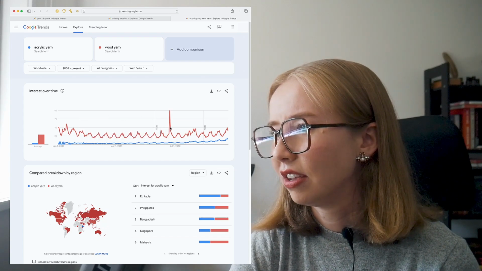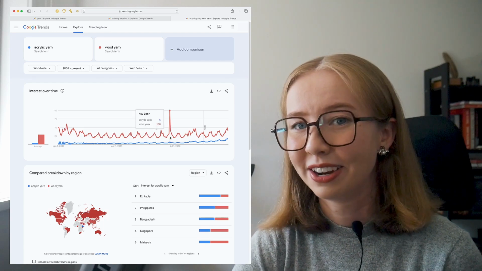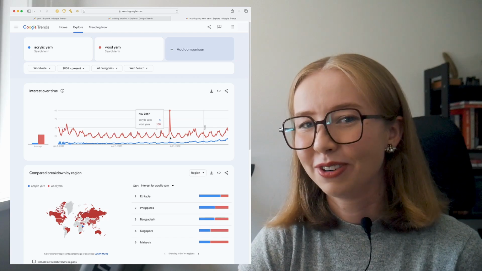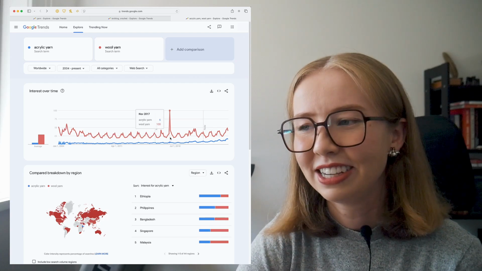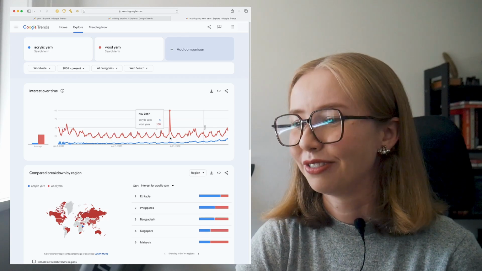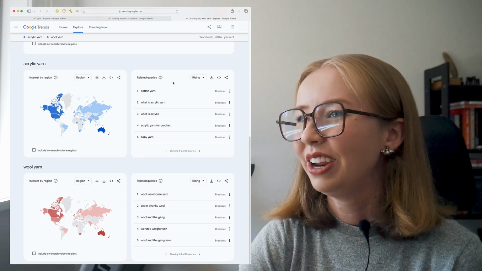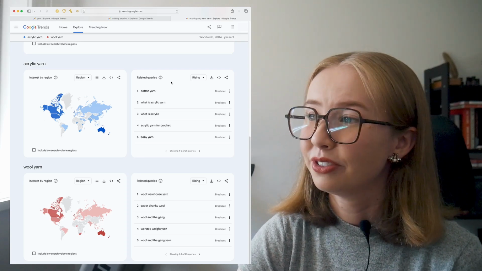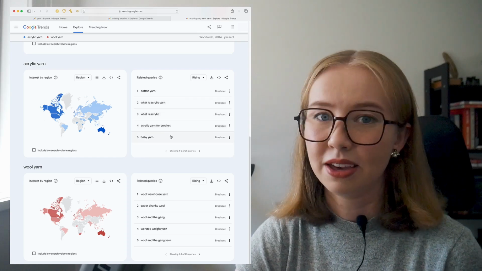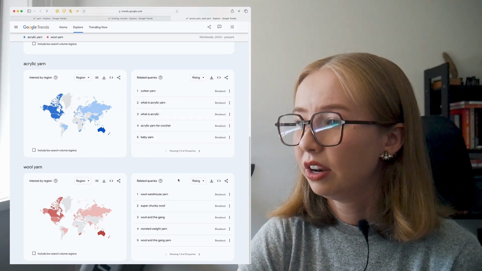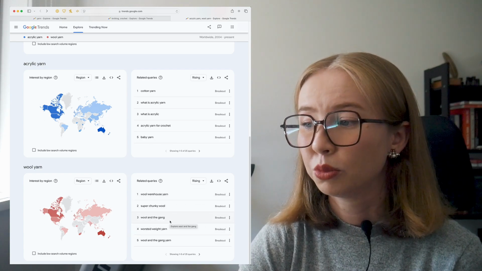There is an interesting spike at November 2017 for wool yarn. If anyone out there wants to do some sleuthing and find out why that is, did something happen in November 2017? Let me know. I'd be really interested to find out. Oh, and there's also these related queries. So when it comes to searching acrylic yarn, people also search for cotton yarn, what is acrylic, acrylic for crochet, and baby yarn. Whereas when it comes to wool yarn, looks like they're actually searching for a couple of different brands. So Wool Warehouse, Wool and the Gang,